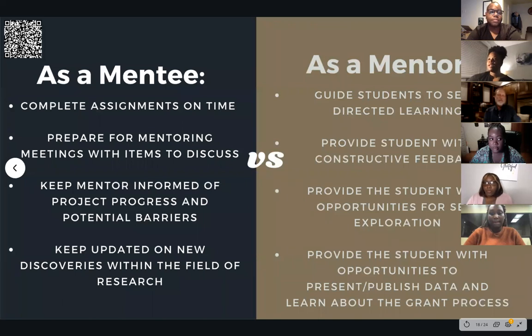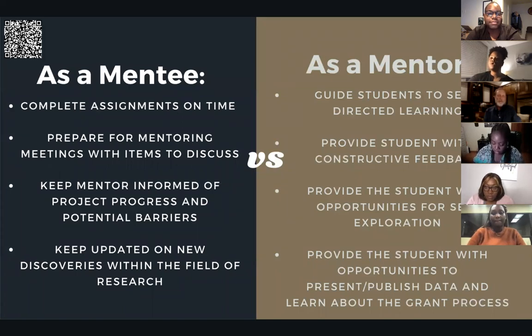Okay. And so here, I just want to talk to you about a compact. I'm running out of time, so I want to give you time for our panel. But a compact of what you will do as a mentee, and then hopefully what you hope to gain from your mentor, right? So you are going to complete your assignments. You're going to keep them informed of your updates. And as a mentee, you are hoping that they will provide you with opportunities for self-exploration. And you're hoping that they will provide you with opportunities to present and publish data if that is what you're